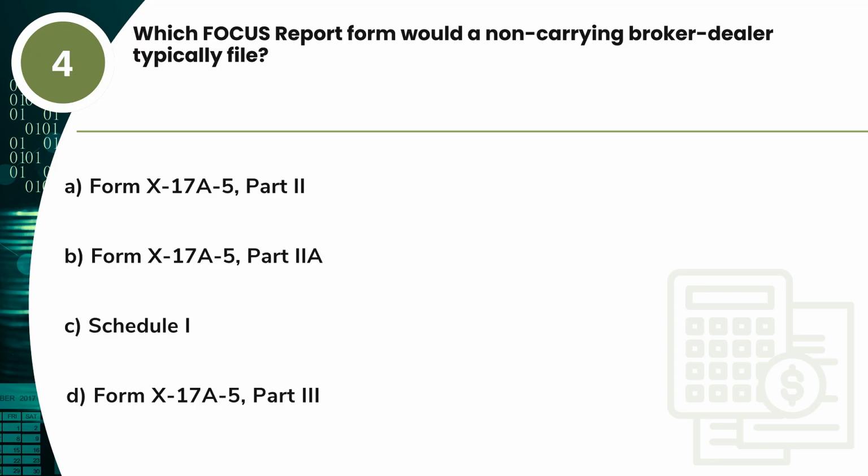Question 4. Which FOCUS report form would a non-carrying broker-dealer typically file? A. Form X-17A-5, Part 2. B. Form X-17A-5, Part IA. C. Schedule 1. D. Form X-17A-5, Part 3. Answer: B. Form